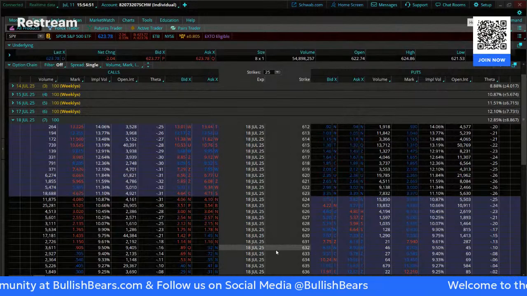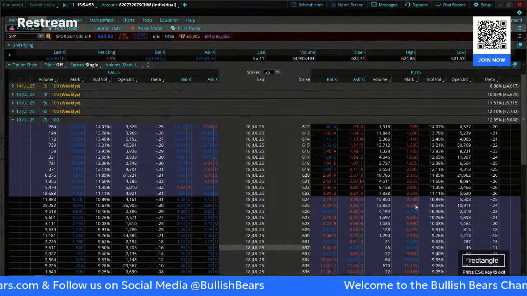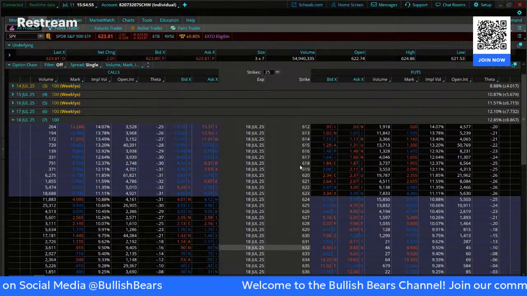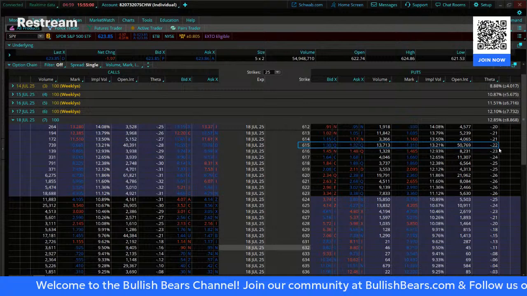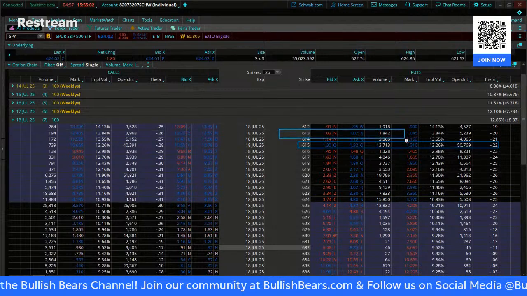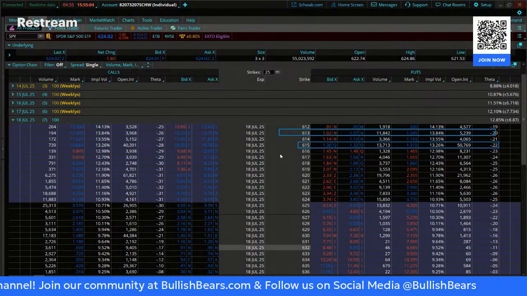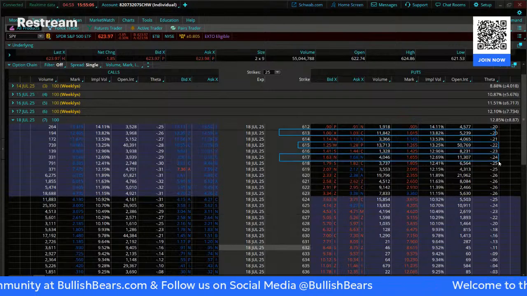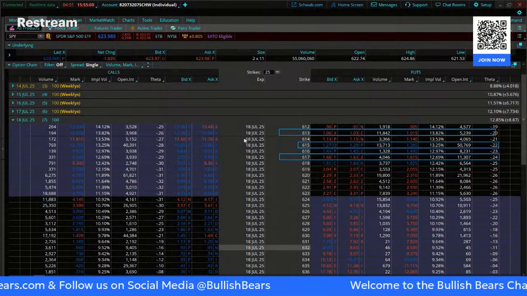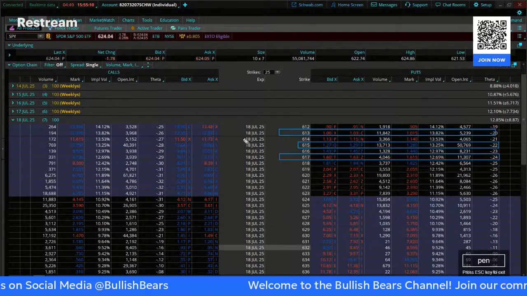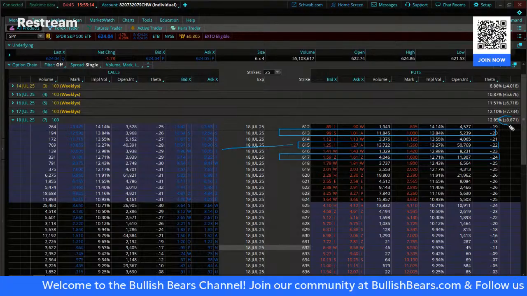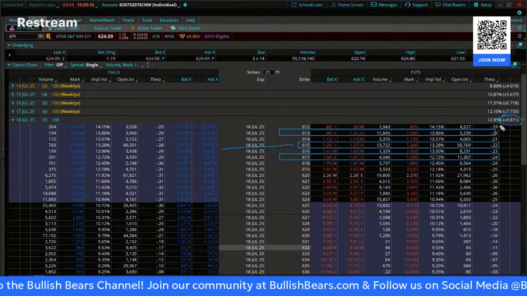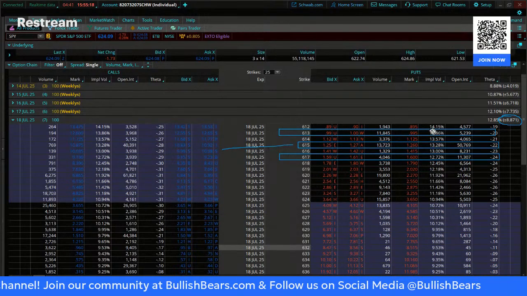Yeah, let's start with a few pieces of the butterfly in general. It's got three legs, right? So I'm going to use 15 as the body, and we'll use 13 and 17 for the wings. So when we say sell the body, buy the wings, we want to focus on the body being the midpoint, and the midpoint should be equal to the expected move length.